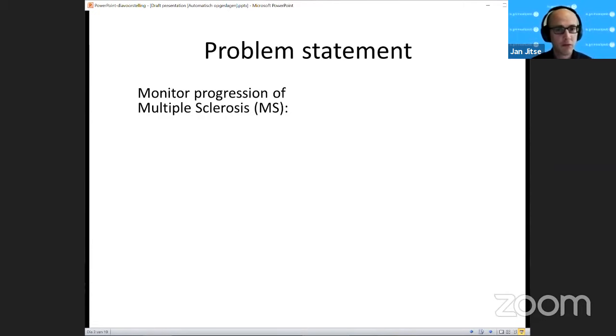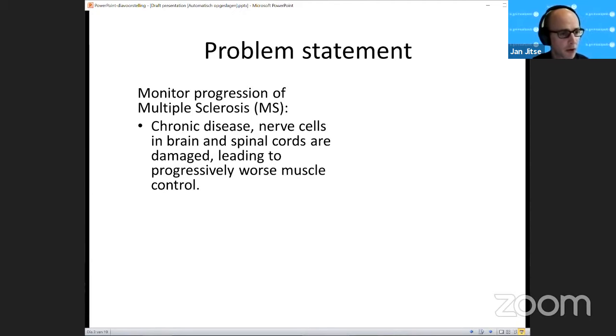Okay, so what do we want to do? We want to monitor the progression of multiple sclerosis, MS. So what is it? MS is a chronic disease where nerve cells in the brain and the spinal cord, so the central nervous system, are damaged. It's an autoimmune disease. So the immune system attacks the central nervous system, and that leads to deterioration of the control of the muscles.